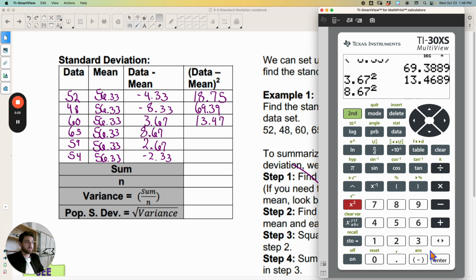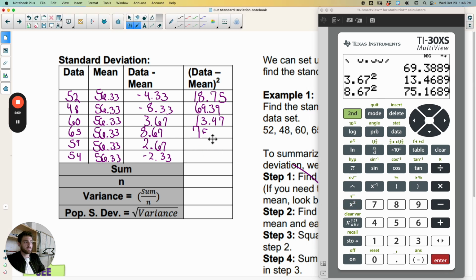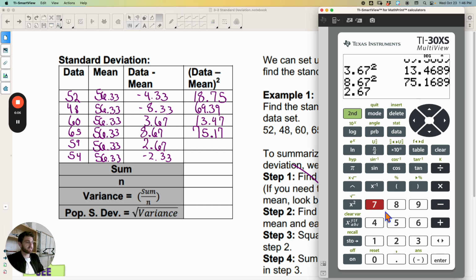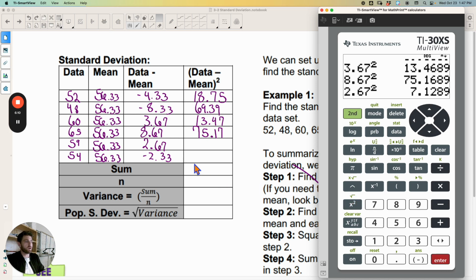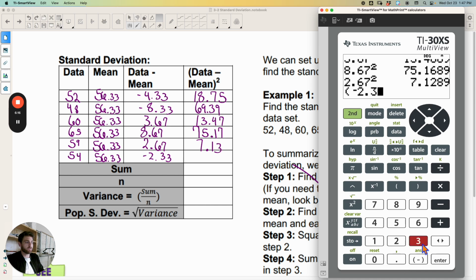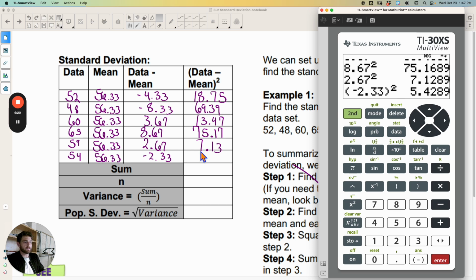8.67 squared will be 75.17 when I round to 2 decimal places. 2.67 squared, that'll give me 7.13. And then lastly, a negative 2.33 squared gives us